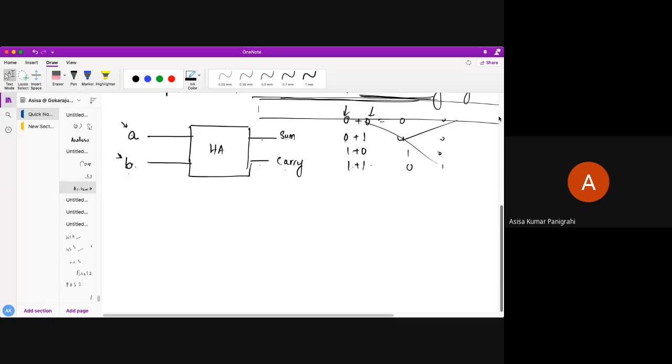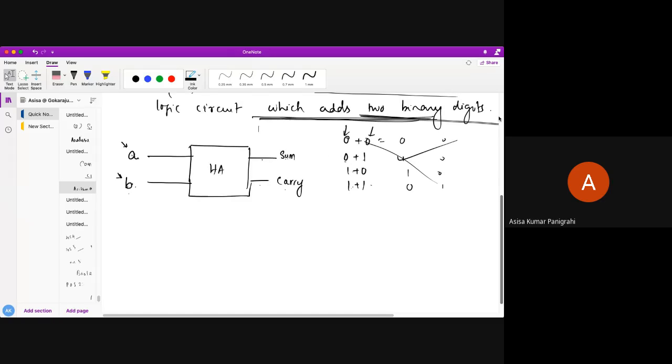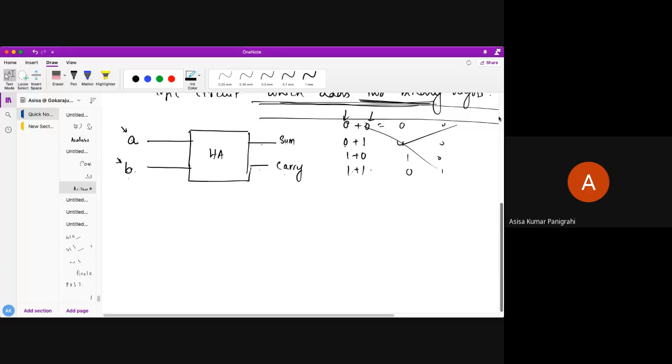So next thing is here, what is step 4? You need to construct the truth table. Okay, so step 4 is you have to construct the truth table. Now the thing is, what is my truth table? What is the relationship between the truth table and the inputs and outputs?